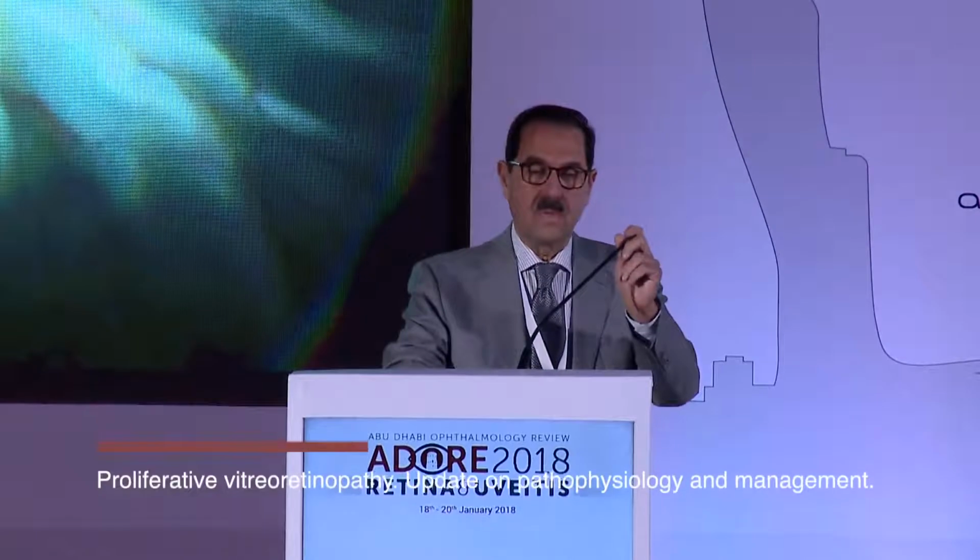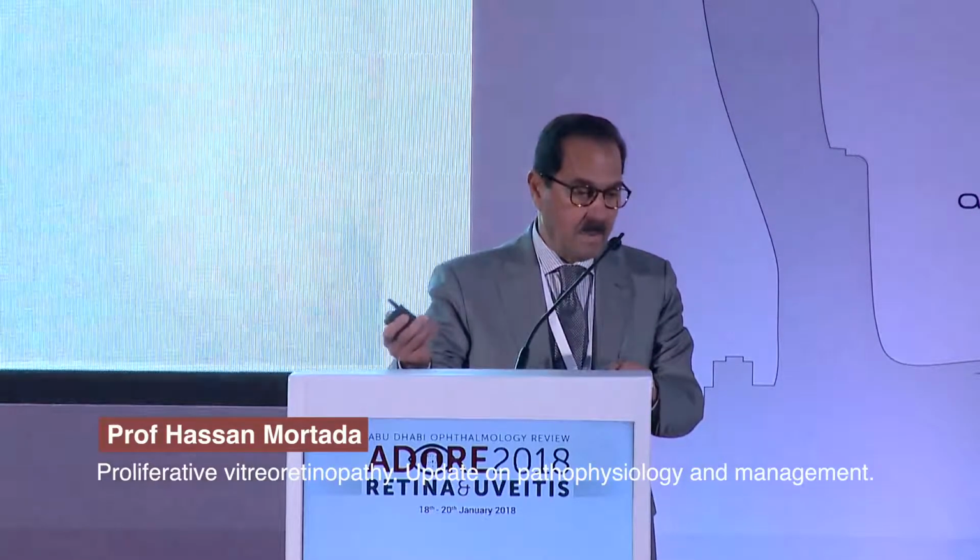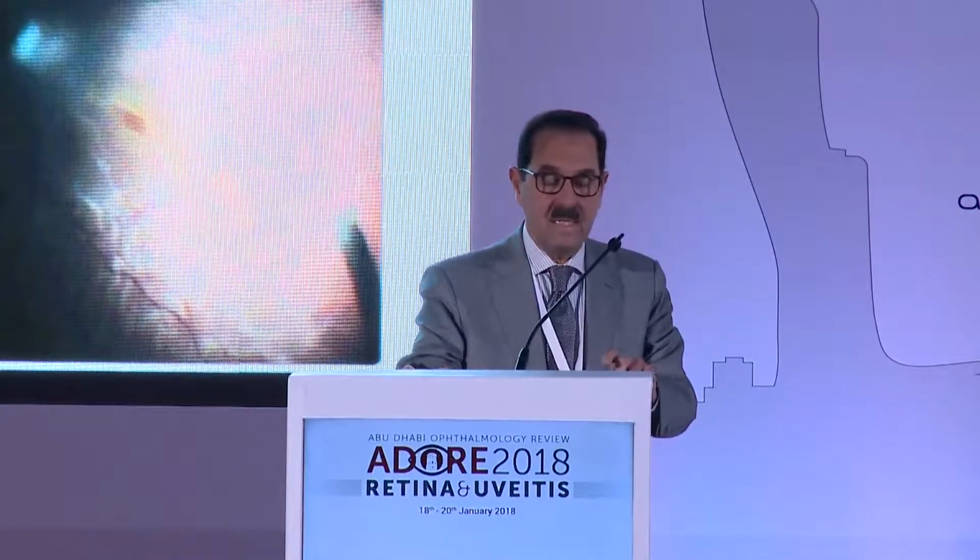Okay, my talk is about proliferative vitreoretinopathy, and it was first described by Jules Gonin in 1934. Throughout the previous decades, several terms were given to this clinical entity until the Retina Society Committee described the disease as proliferative vitreoretinopathy: proliferative to describe the nature of the disease, and vitreoretinopathy to describe the location of this disease. The most recent definition of PVR is that it is a multifactorial disease with a genetic background playing